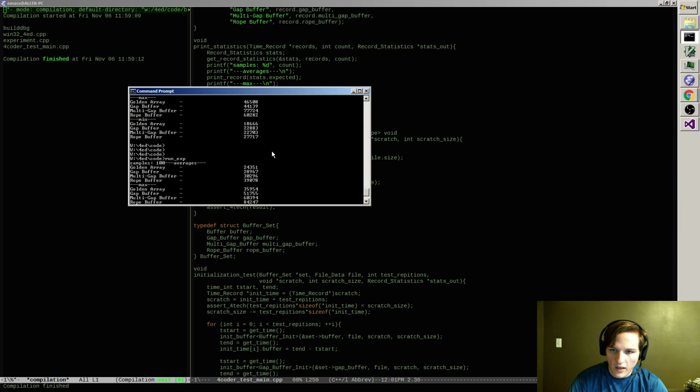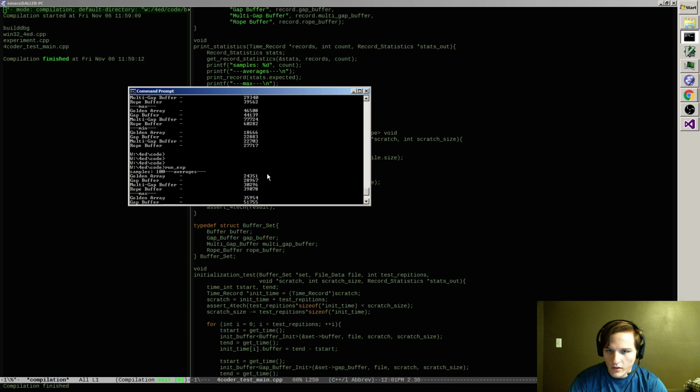It was actually the gap buffer, and the rope has the worst max. And so there you go. But the other numbers are varying on the average by about 1,000 microseconds.